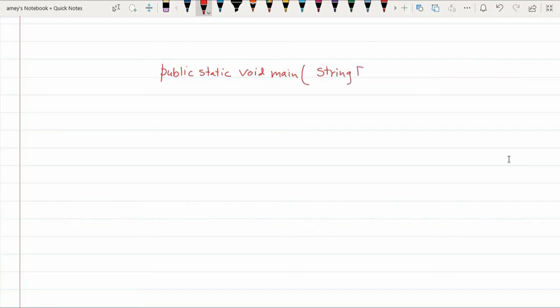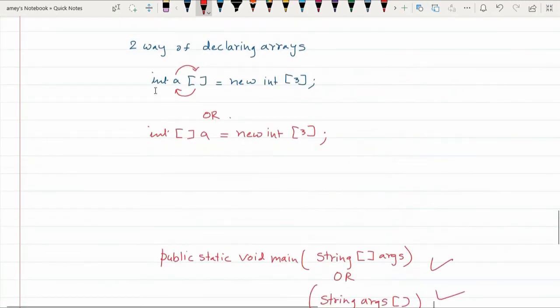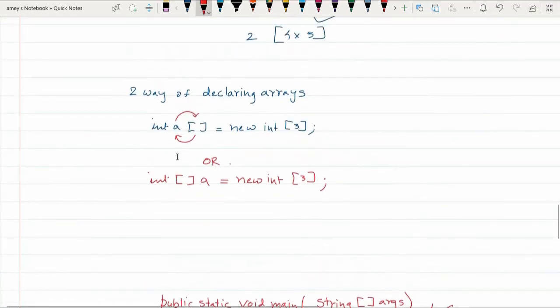In some books you must have seen brackets written first and then args, and in some books, especially when I write, I also write it like this: I write String, then I write the array name args, and then I write the brackets. So both these approaches are correct. There are two ways of writing or declaring arrays.